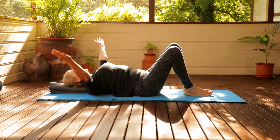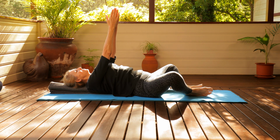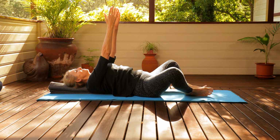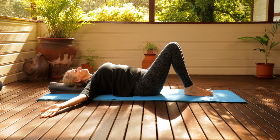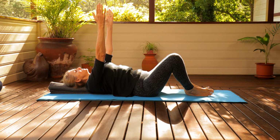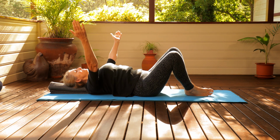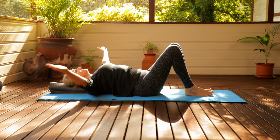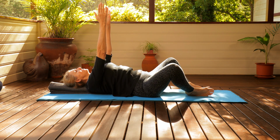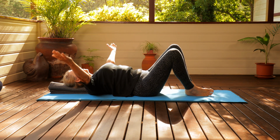Stay with this. Now you've got an added challenge to time the movement of upper body and lower body with each other, left and right sides with each other. Can you do it perfectly? And if it's not perfect, if the timing is off, at least know it's off and see if you can make adjustments. At the end of the next breath out, pause with the hands together and the knees wide, interlocking